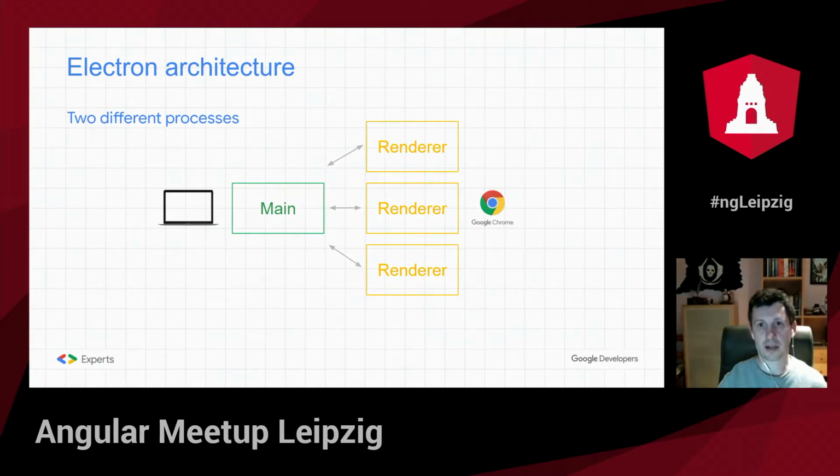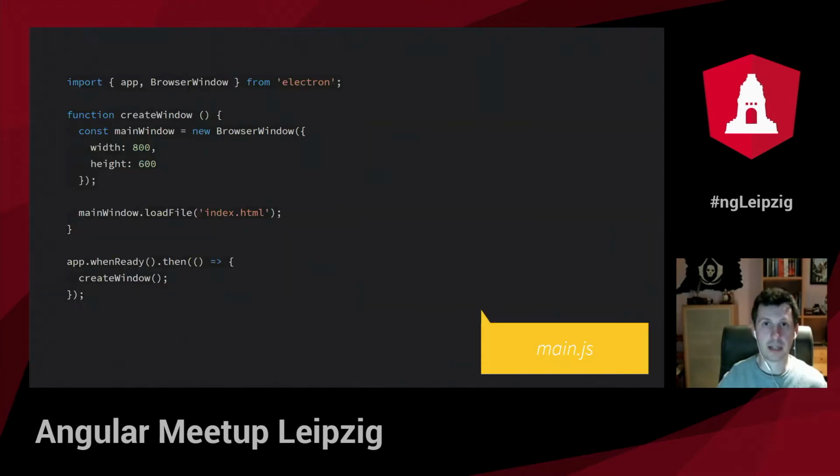Let's see how we can create an Electron application. An Electron application is just a JavaScript file, for example, a main.js. We tend to name it main.js because we usually name Node.js applications like this. So to create an Electron application, we import two artifacts from the Electron npm package, the app object and the